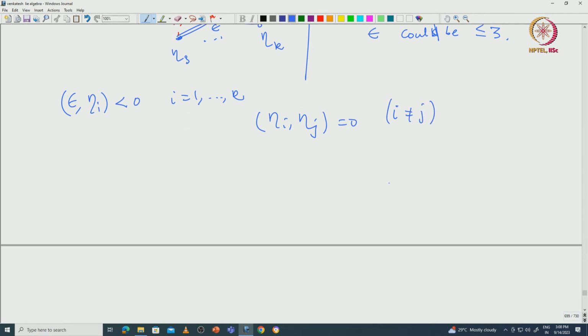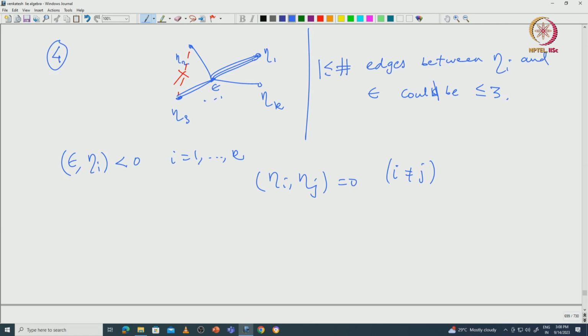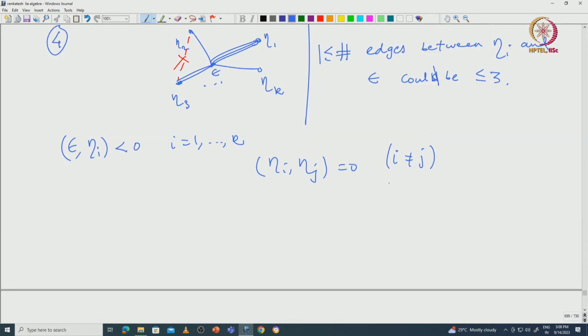So, now using this we just try to get more restriction on this epsilon eta i's. So, let us see what it is. It is a very clever idea. So, we will restrict to the subspace that is spanned by this epsilon, eta 1, etc.,